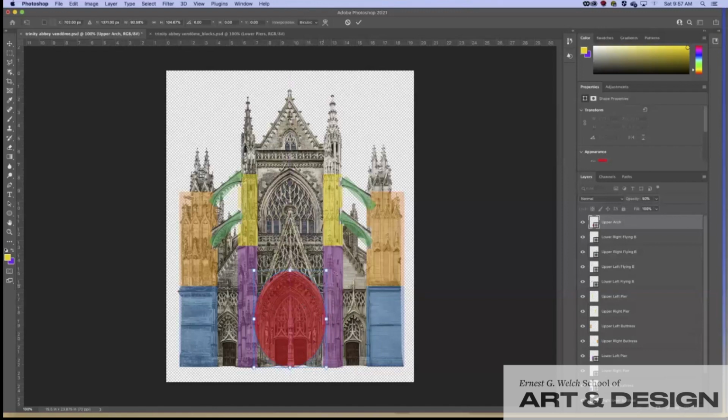If we wanted to get really specific with things, we could also notch out these areas on the lower pier. Okay, so I'm going to press return, and now I want to carve out this inner area. So I'm going to choose the elliptical marquee tool,